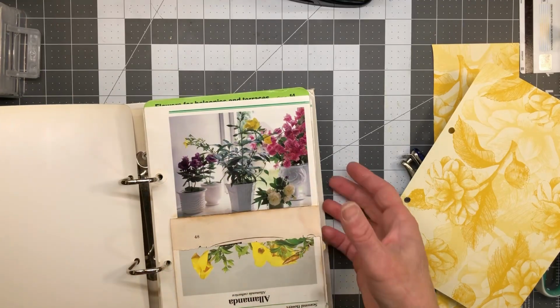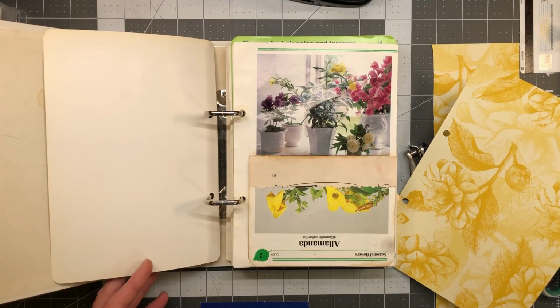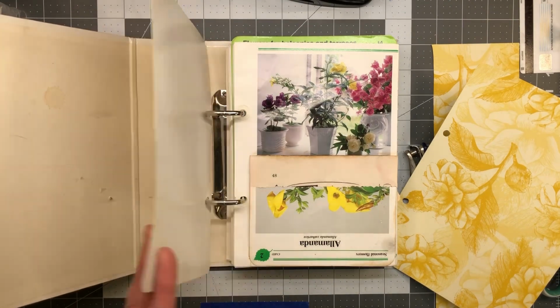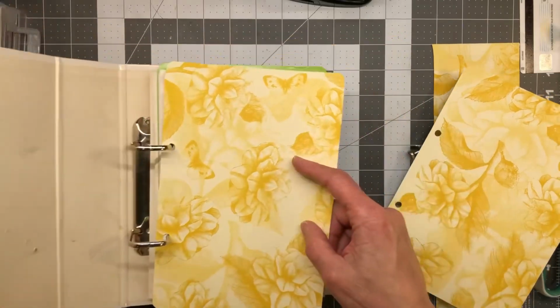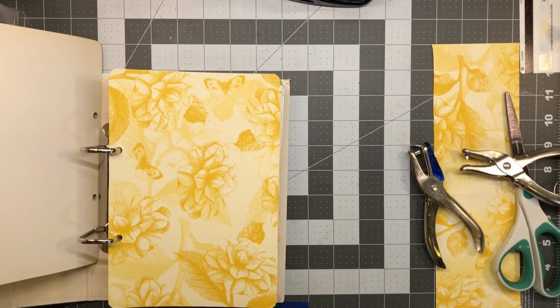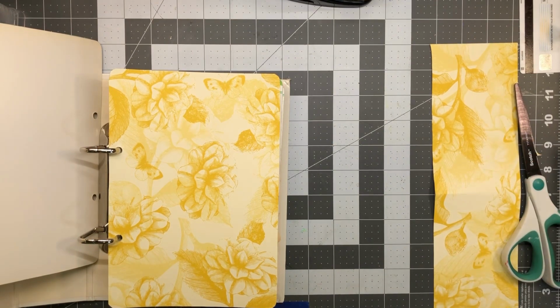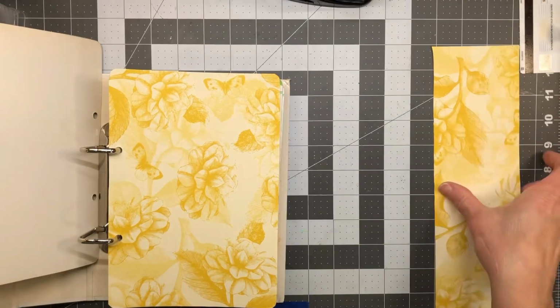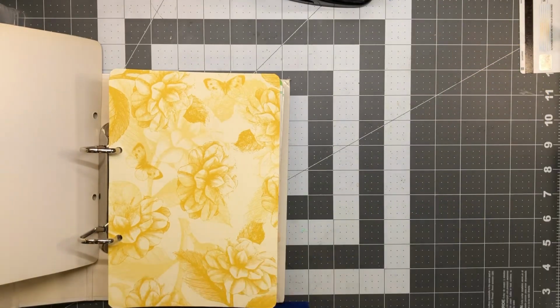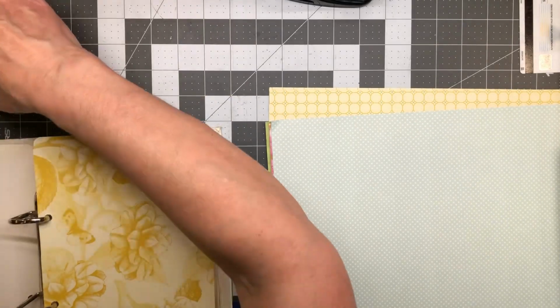I have a blank slate here on this side that I have no idea what, if anything, will go there at the moment, but that's fine like that. And then I was thinking, if I did those tabs, let me see really quick. So if we did the tabs, kind of like how I was talking about, let's put these back in here out of my way. Those can go there, that can go here. And I also need to put these things on